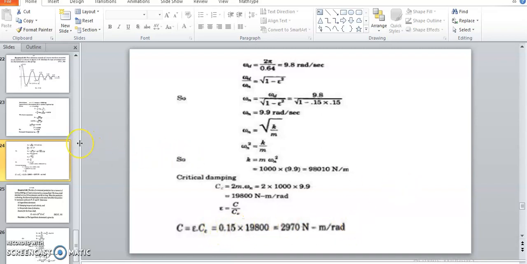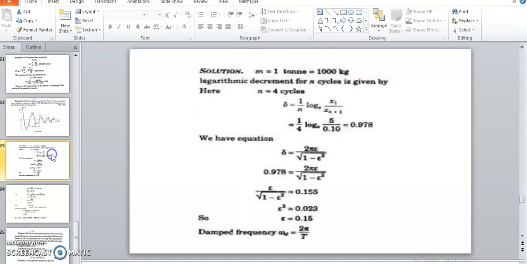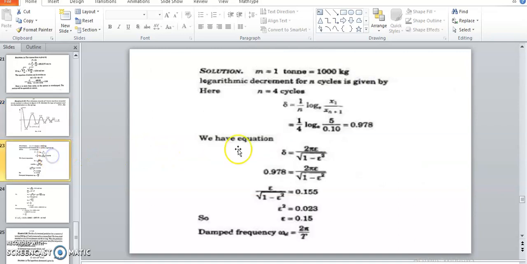So these are the characteristics of this system. Characteristic of the system is nothing but to find out the parameters, stiffness parameter, damping parameter, and these are the characteristics of that particular system. We find that the formulas are quite similar. We just understand the diagram, and by observing or understanding this diagram you can solve this, or you can calculate different parameters.